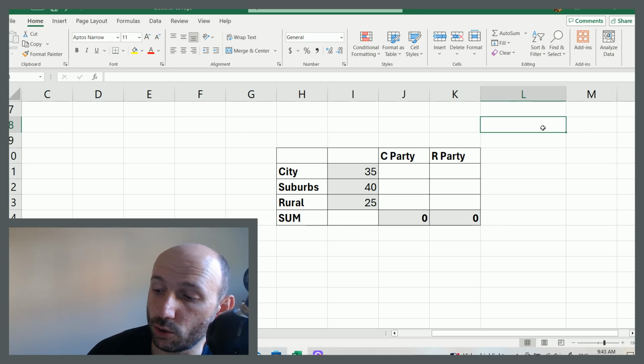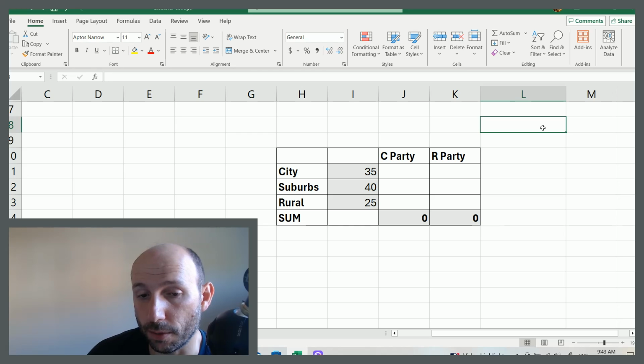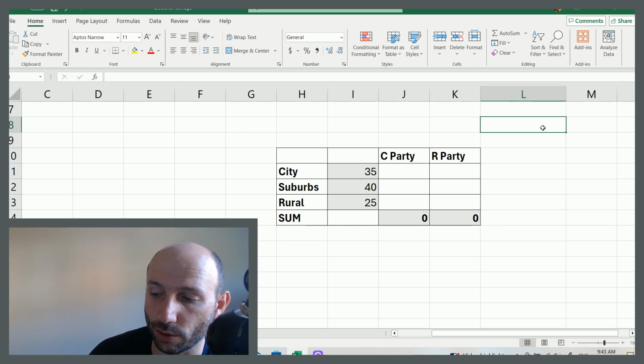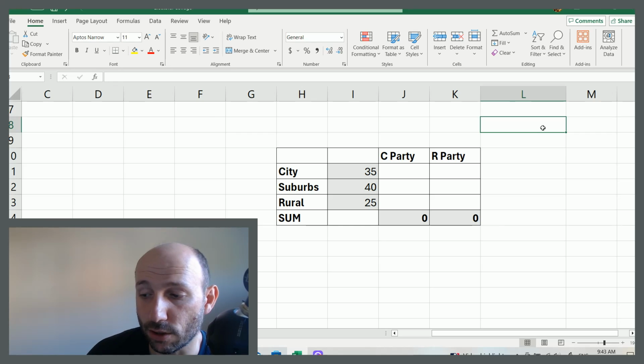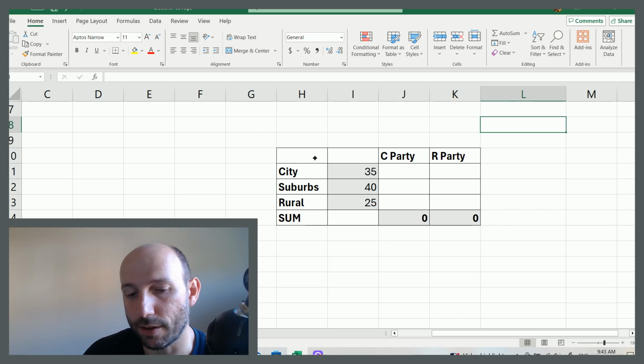It's also possible for the party that wins the majority vote to lose the election if you've got an electoral college. And it's also more difficult to cheat. Okay, with an electoral college, it's actually more difficult to rig an election. So let's get right into it. We're going to make up a hypothetical country here.